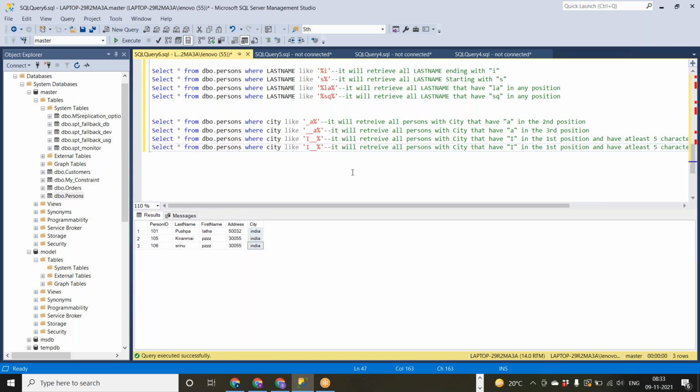So what I want to say here is, I want my particular city to start with I and have at least 6 characters of length. Now I have I, then I have given 2 underscores. That means 3 characters are done. 4, 5, 6.